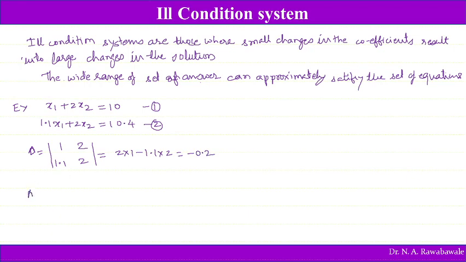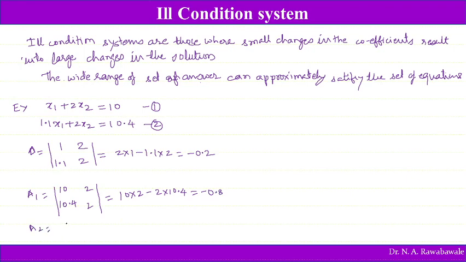And then determinant A1 we get by replacing first column by constant terms 10, 10.4, 2 and 2. Then this determinant A1 we get as 10 into 2 minus 2 into 10.4. So this gives us the value as 20 minus 2 into 10.4, which is minus 0.8. And determinant A2 if we want to find out,